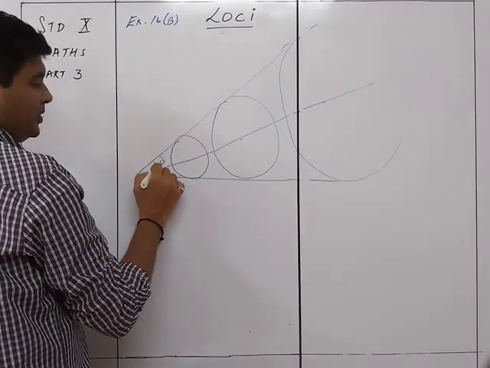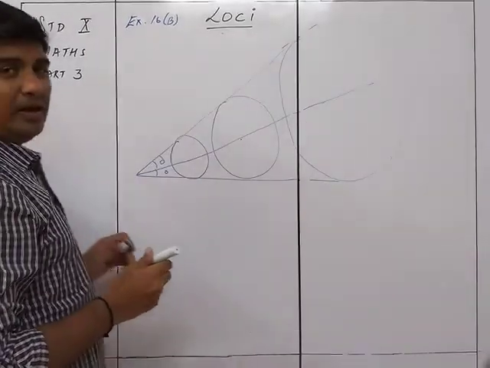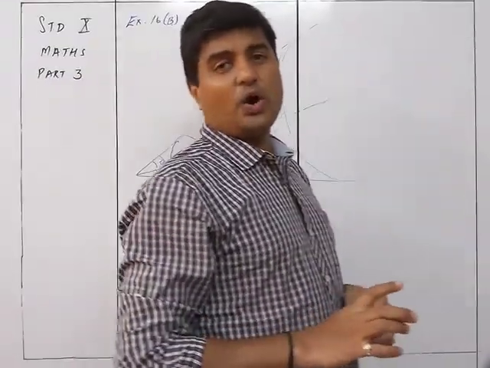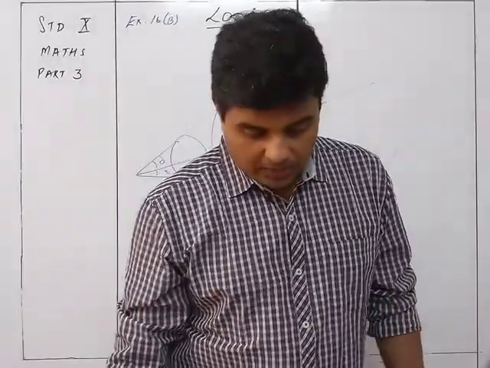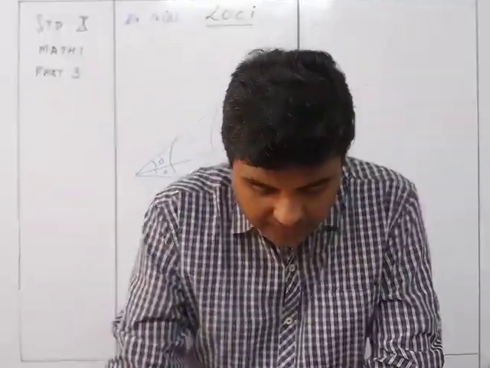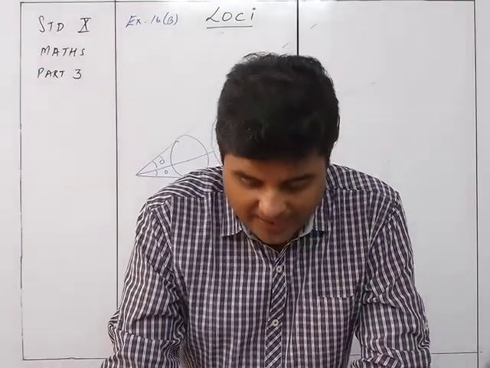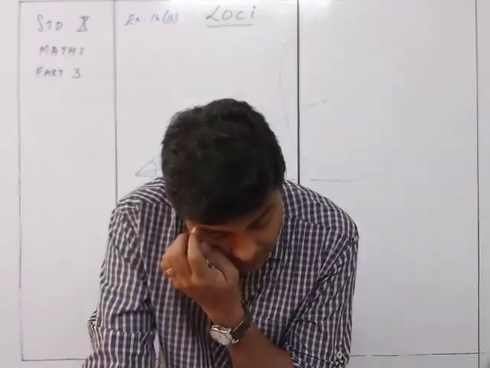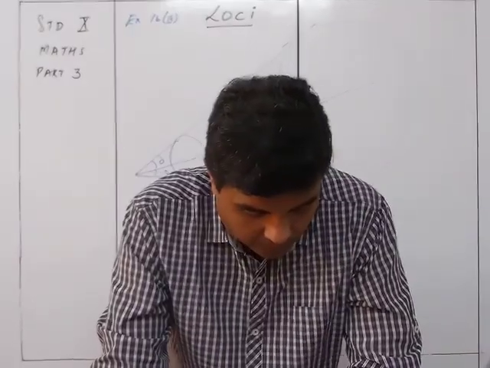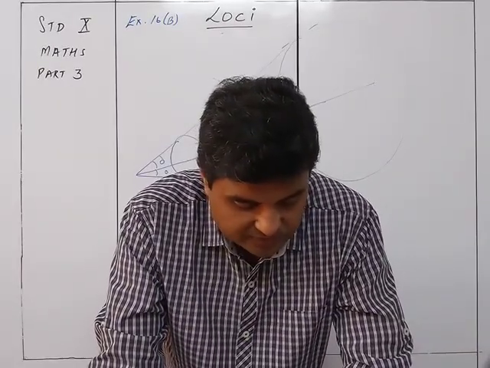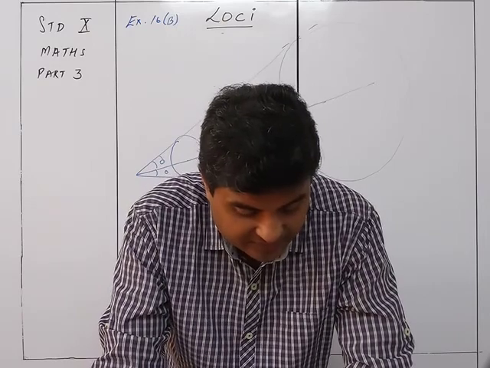So this angle will be equal to this angle. So it will be the angle bisector of the given angle. So the answer to question number 6 will be, it will be the bisector of the given angle. So angle bisector or the bisector of the given angle. We move on to the next one, sum number 15 ka 7th.